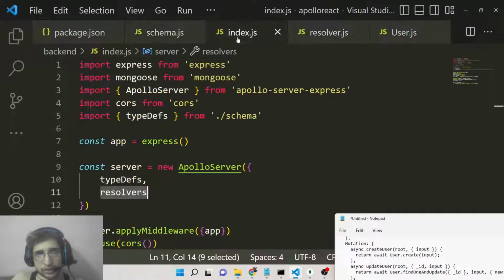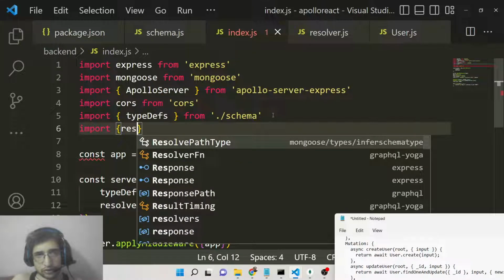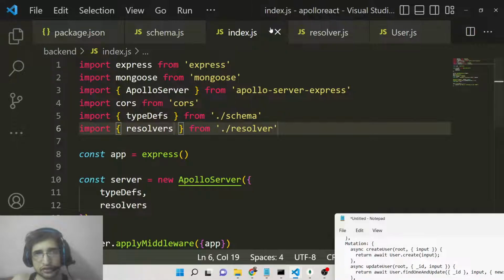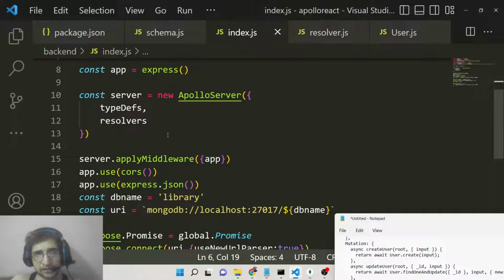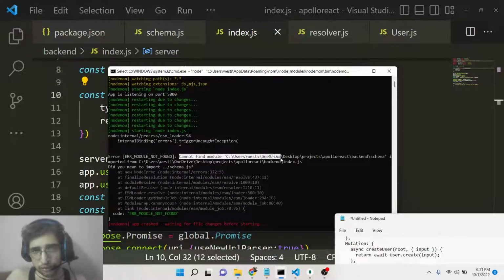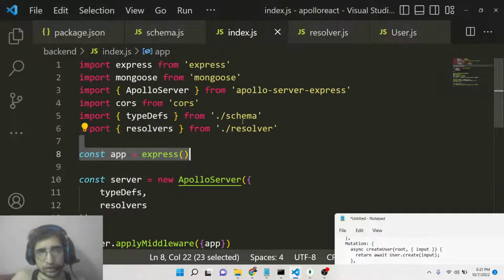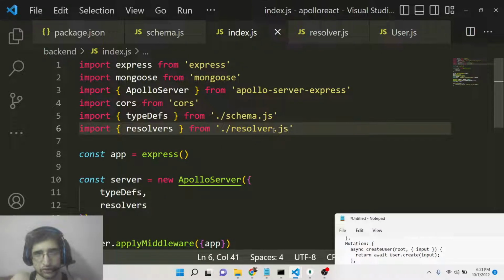Now you also need to include this file here. Simply include this resolver from resolver. That's it. You can see we are exporting it, resolvers here, and here we are importing it right here. So we are passing these two things to the Apollo server. So basically, if you refresh this application now, it is saying cannot find module schema imported from. Let me input it .js and resolver also .js,